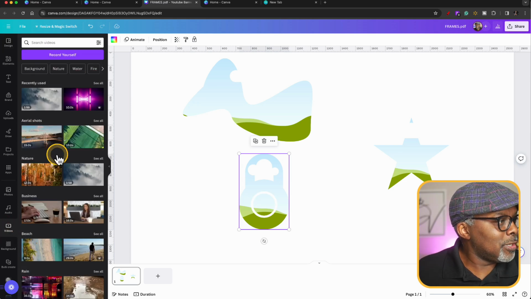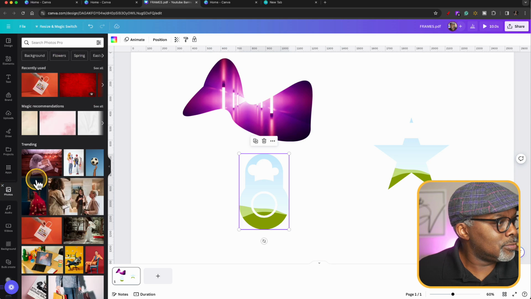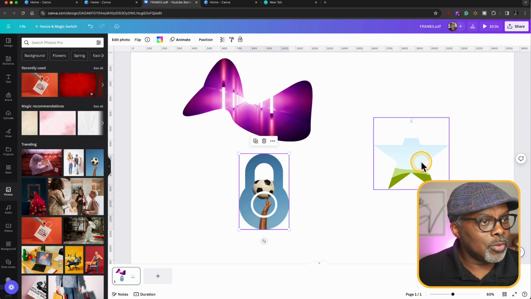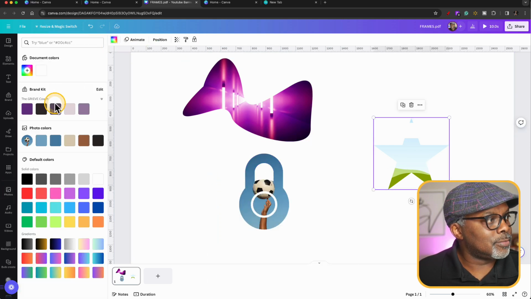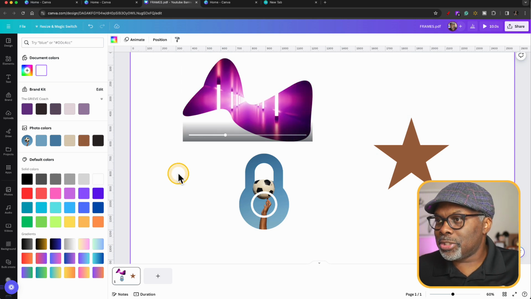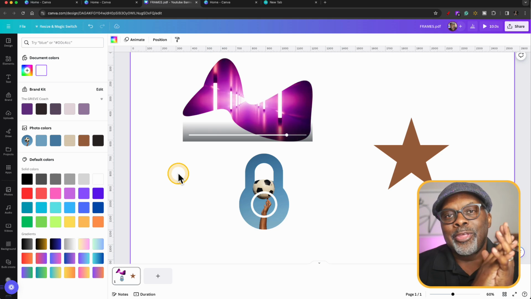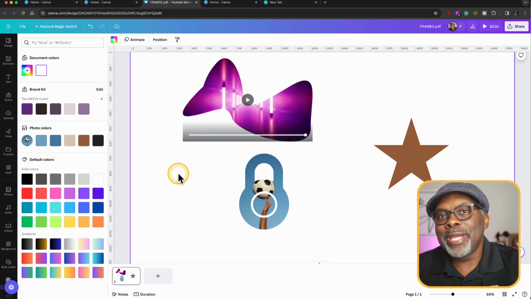We can fill it with a video. We can fill them with a photo, or we can fill them with a color. And as you see here, the video is playing inside that shape. Now you have a whole library of custom frames that are easy to make, easy to bring into Canva,